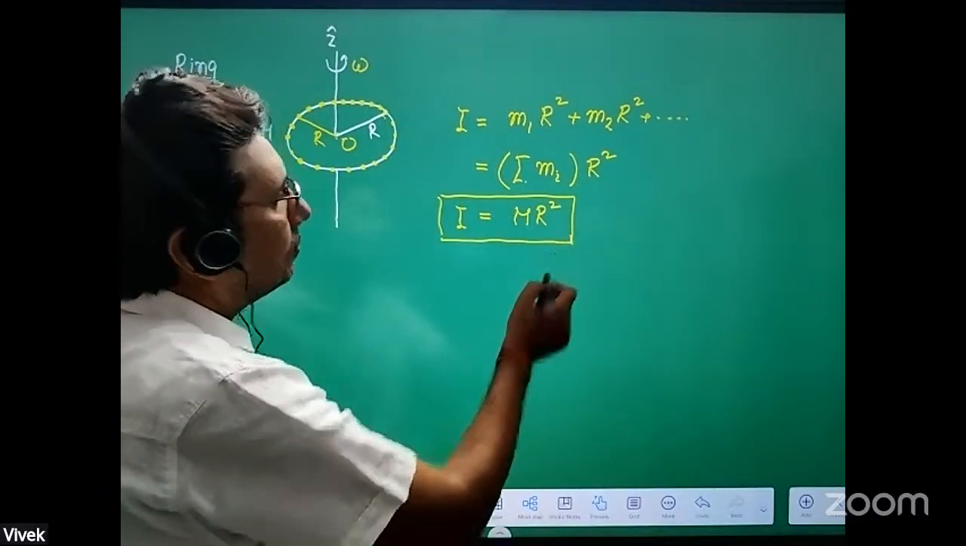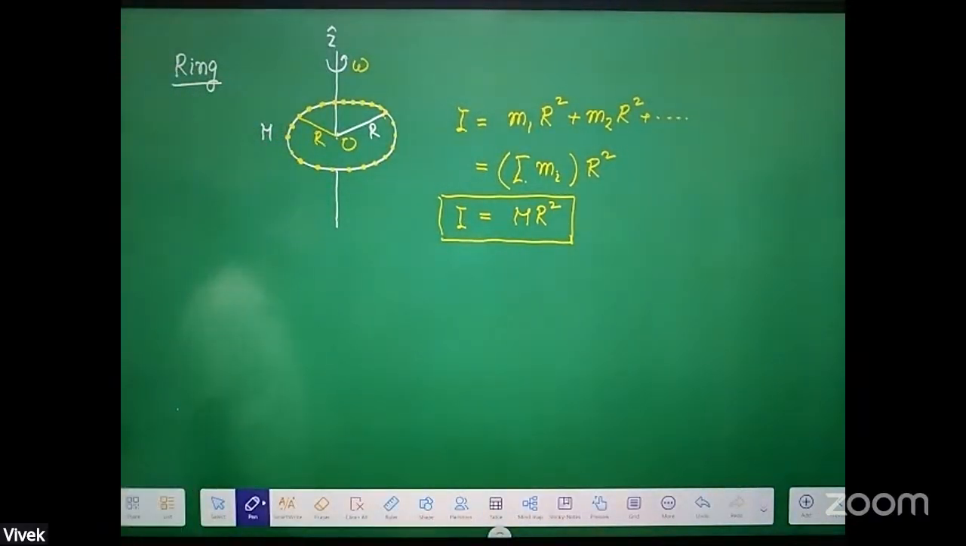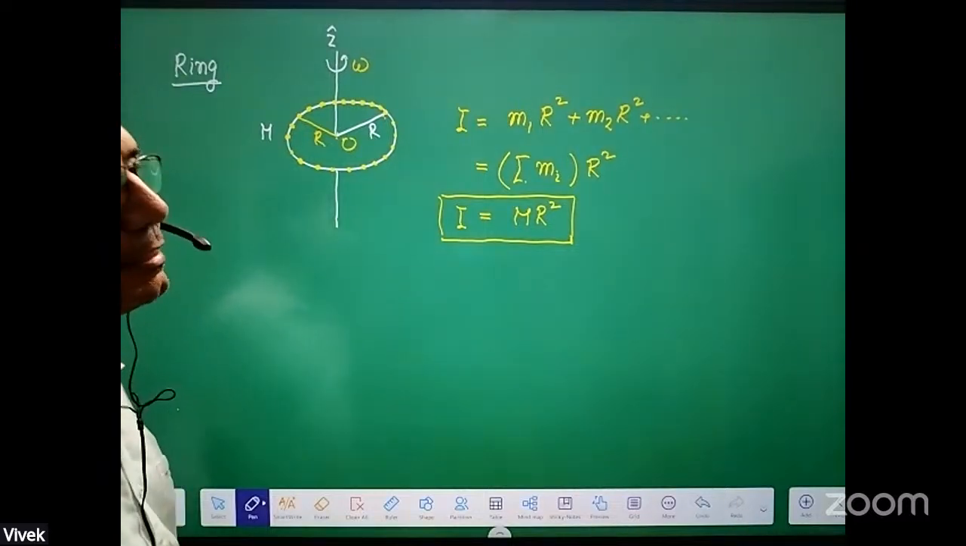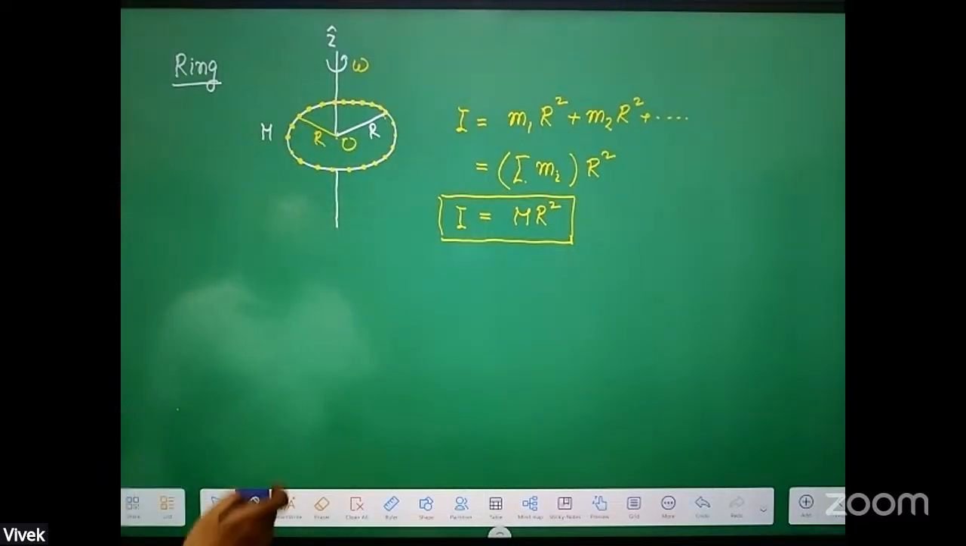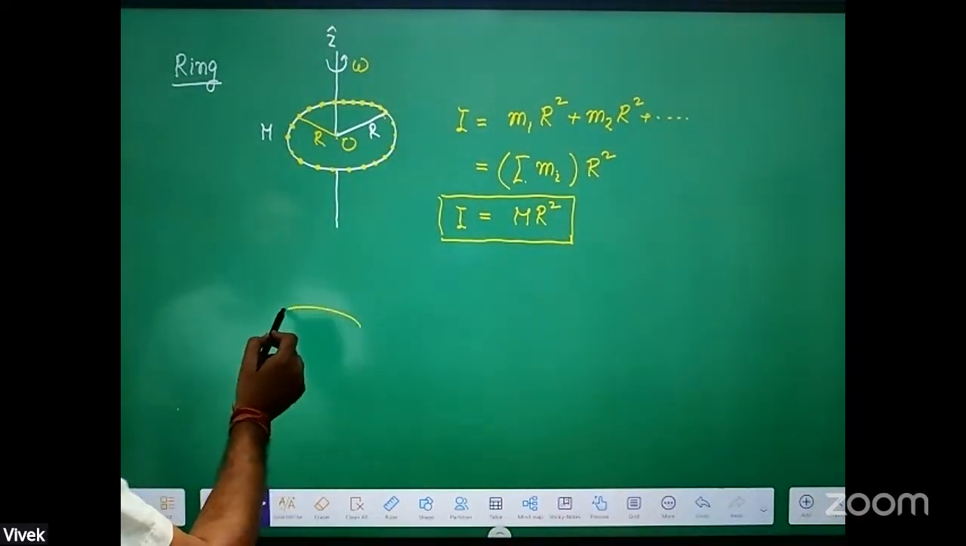It will be mr square. That is okay. This is okay. Next thing in your mind will be, suppose here that is okay, but suppose